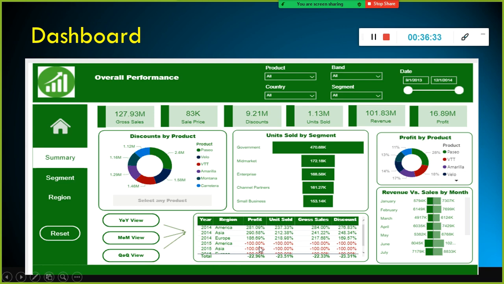But when I look at this, I am in USA, we are generating a negative margin. So we will see, in 2014 and 15, this year the profitability is negative. So it helps you understand that something goes negative, right? You need to take action immediately. In that case, you can probably discontinue your products or shut down your shops in USA. As soon as you find more negative profit, better you shut down on time.